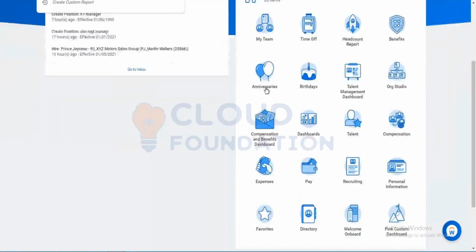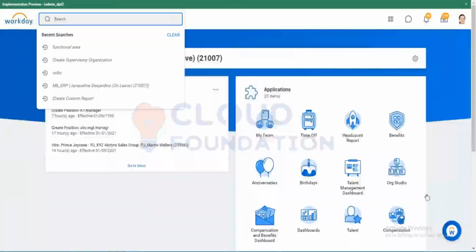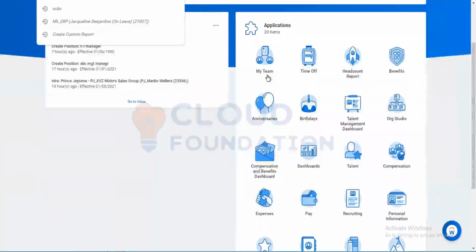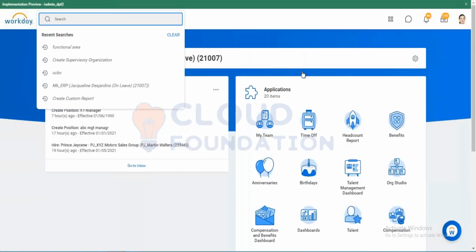Then only that worklet or application, now Workday states it as an application, previously they used to say worklet, the worker would be able to see the time application. Then directly clicking over it, they can access the time tracking. But in case it is not available, the same consultant